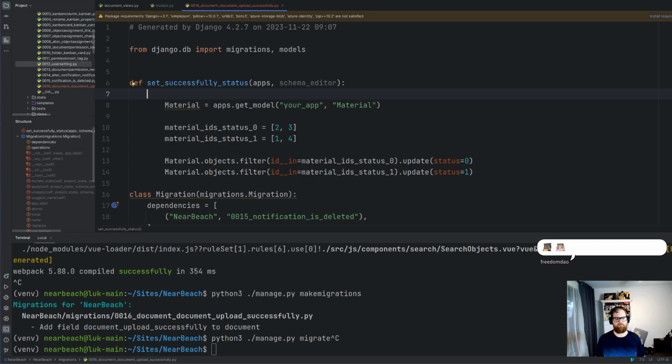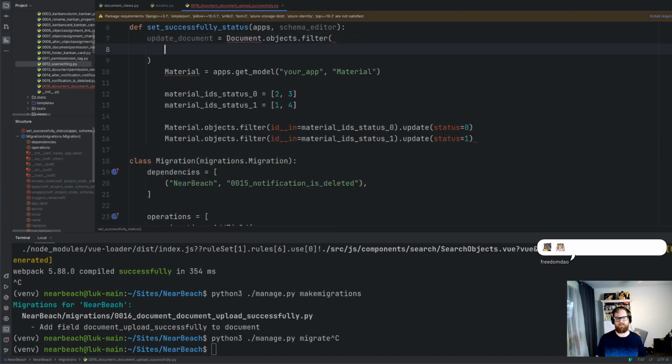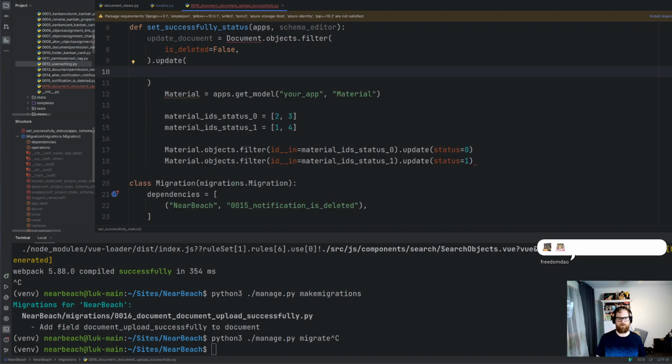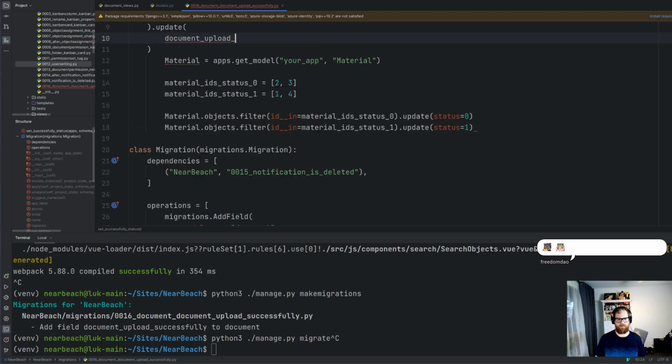we just want documentation, documents, update document equals document to objects dot all. Actually, filter is deleted equals false. Yeah, we kind of want to do that. To update, we want document upload